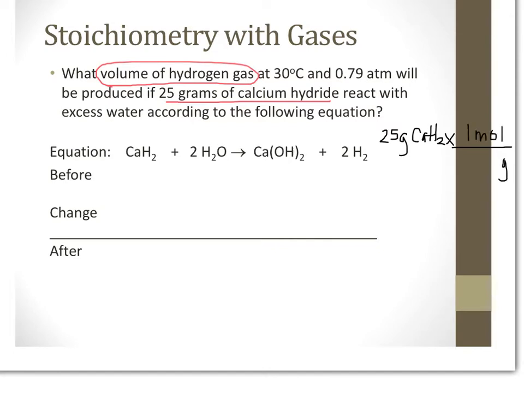Now I'm going to go to my periodic table and look up calcium and hydrogen and add them all together. And I found that that was 42.094 grams in every 1 mole of calcium hydride. So doing that math, I find that 25 grams of calcium hydride is equal to 0.5939